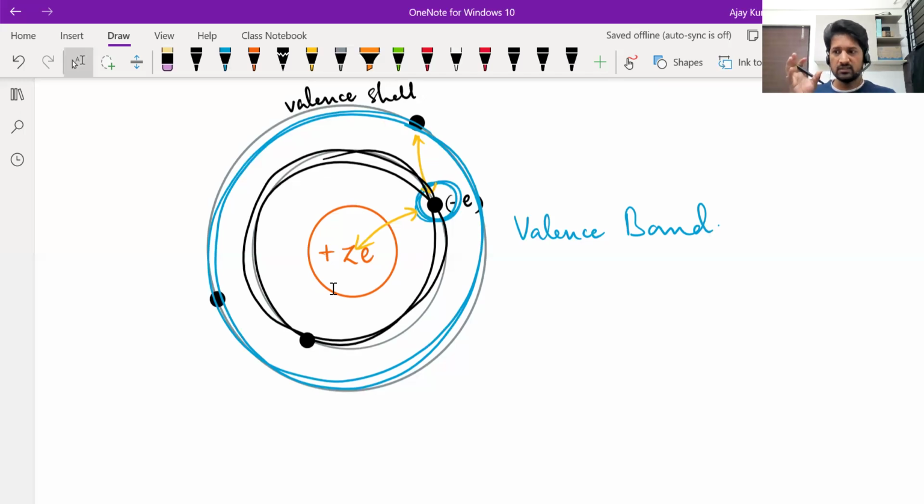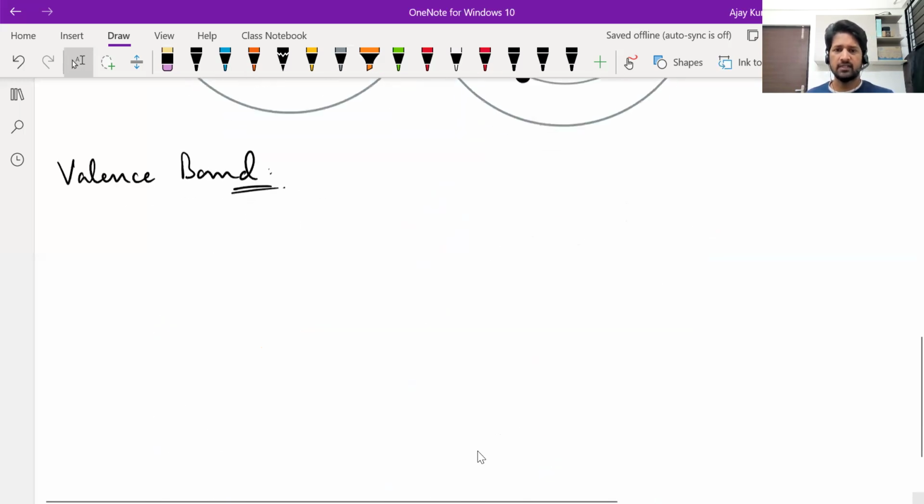So electrons in the valence band have sufficient energy only to stay with one nucleus or maybe two nuclei participating in a bond. But electrons in the conduction band have sufficient energy to roam around in the entire material. So there is an energy difference between the valence band and the conduction band. Now you assume,